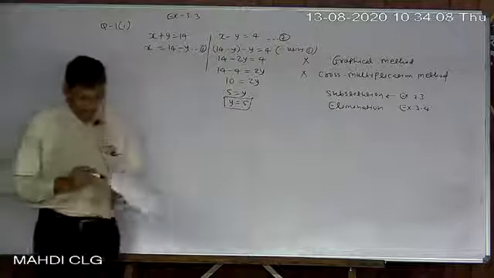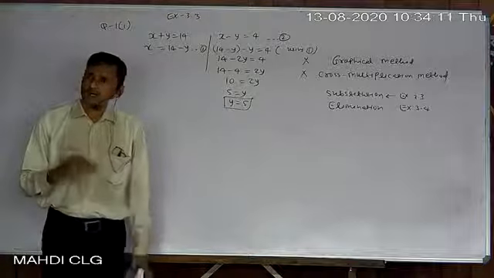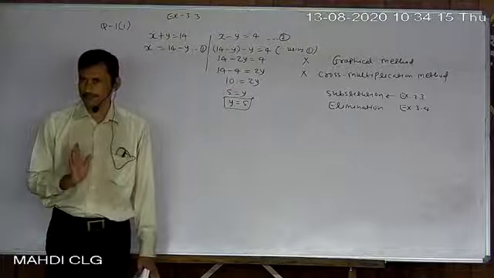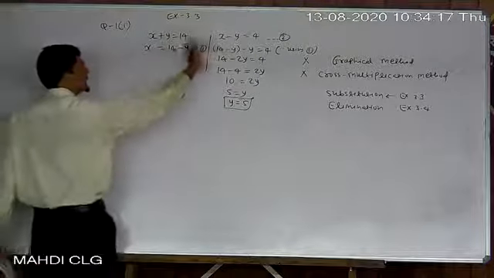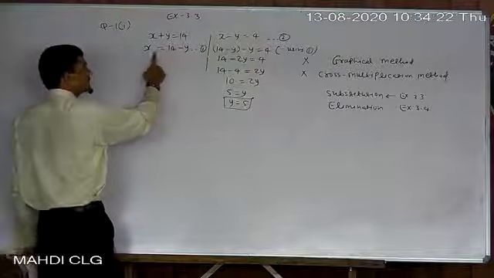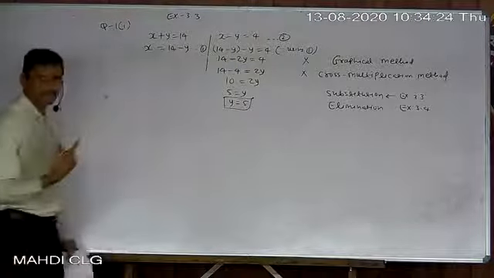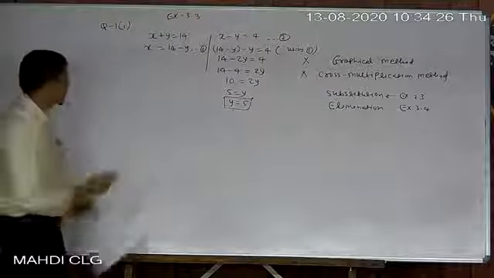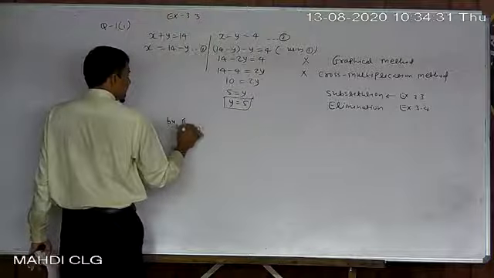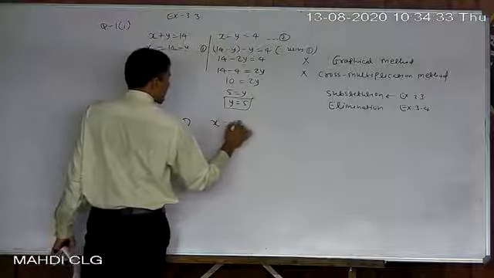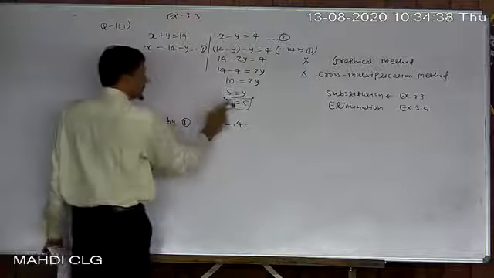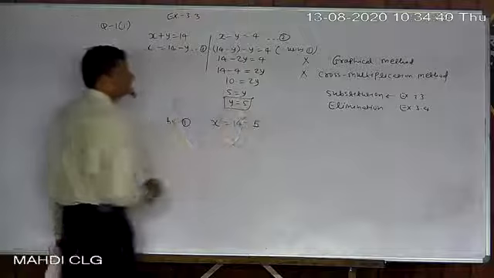After getting any one variable, getting the second one is very simple, very easy. Just use either equation, any one of them. Now we already made x the subject here, so why not take equation number 1 only? Because x is already the subject there. So again, using 1, write down x equal to 14 minus y. But instead of y, we know y's value.